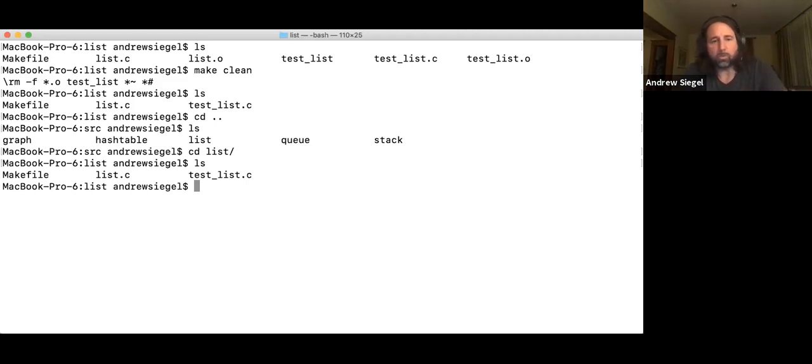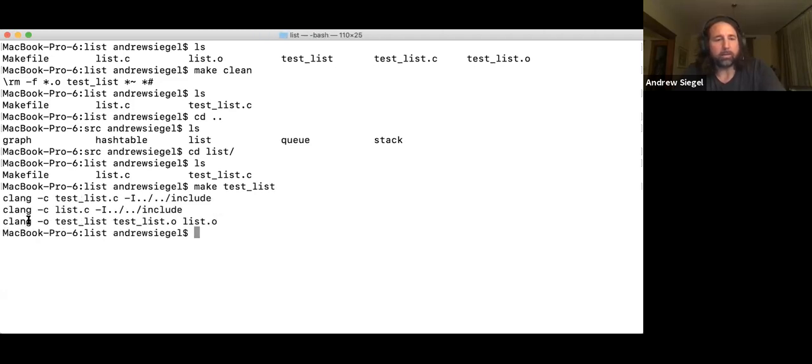Okay, so I have a rule to make test list, and I'll execute that rule via the makefile. So make test list, and you see it knows automatically to invoke the client compiler where the include path is. It knows that you have to build list in order to build test list. It knows to create the object files, to invoke the linker, and to produce the executable. Okay, so if I run test list,